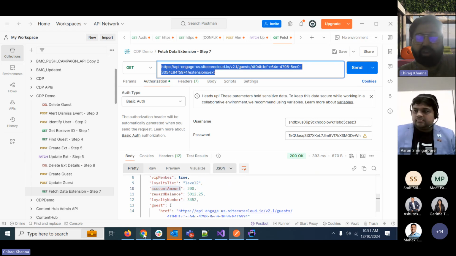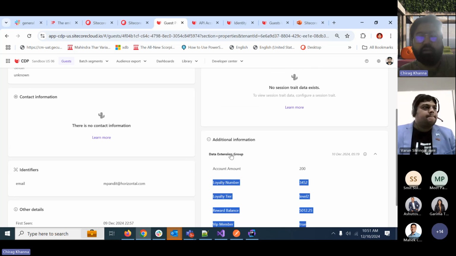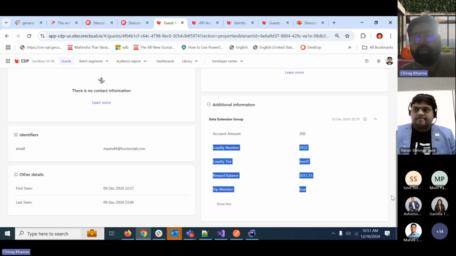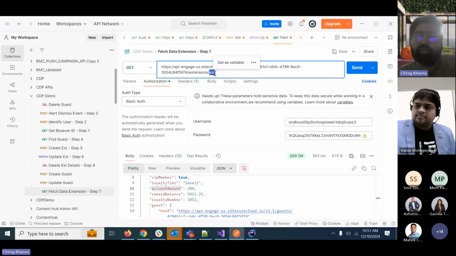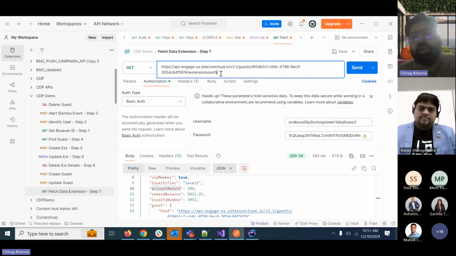Yeah, so this is how the whole scenario will look when you are working in Sitecore CDP. You need to create the data extensions, and as I already told, this ext has six groups: ext1, 2, and till 5, and each group has 100 properties, right? So we need to make sure we are narrowing down our data architecture to these 600 properties while storing in CDP. And if you want to leverage other endpoints, so if I just